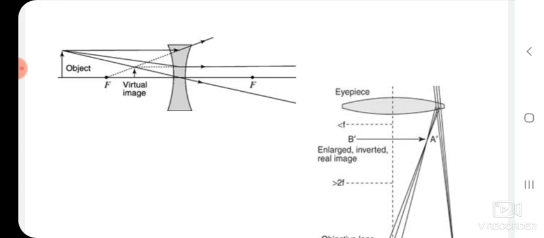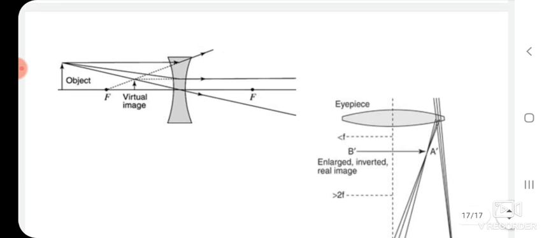And the fourth case, if O is less than f, the image is virtual, enlarged and located on the same side of the lens. In 3 out of 4 cases the image is inverted, and in the remaining one case the image is virtual, which is observed on the same side as the object.